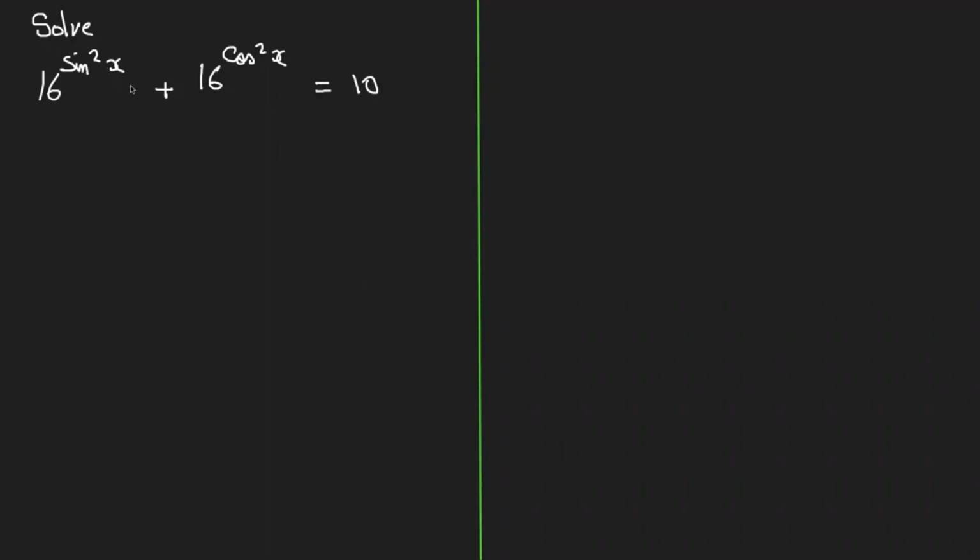16 to the power of sine squared x plus 16 to the power of cos squared x equals 10. So they want us to solve for x. So I'm going to start off with changing this 16 to 2 to the power of 4